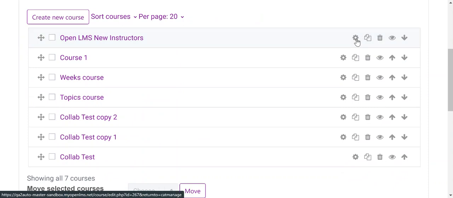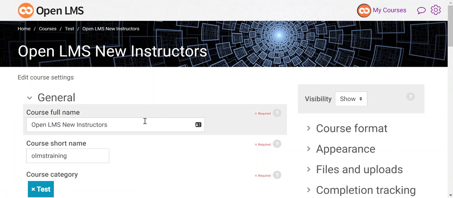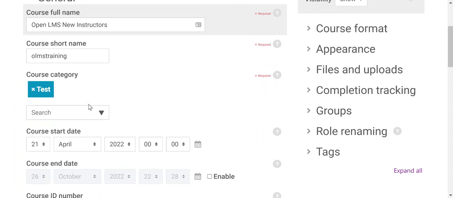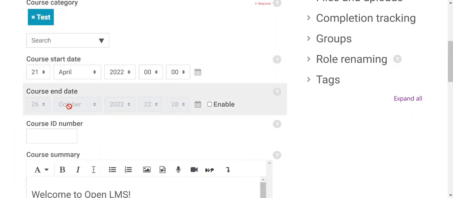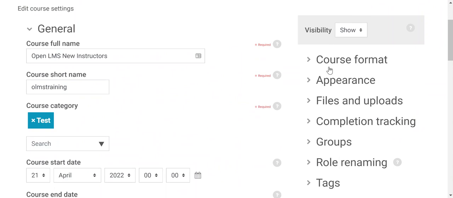I am going to just click the cog here, which takes me over to the course settings page. Now, the course settings page, no changes here in terms of the UX. Everything is exactly as it always was. You have your general section here on the left-hand side with your course start and end dates and your summary and course image. Scrolling up, I still have the remainder of my course management pieces over here in the right-hand